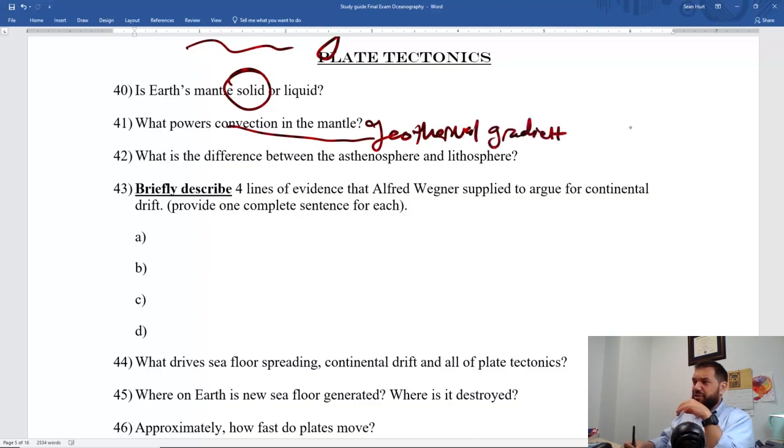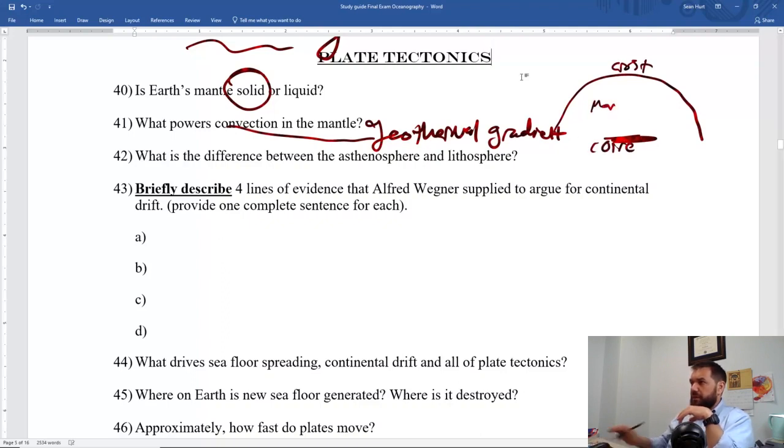What does that mean? If you're looking at, okay, this is the crust, right? And here's the core, and here's the mantle. Here's the mantle. The core is hot, okay, and the crust is cool, and there's going to be convection as the Earth tries to cool off. So remember that plate tectonics is all about Earth just trying to cool off. It's just Earth's cooling system, okay?